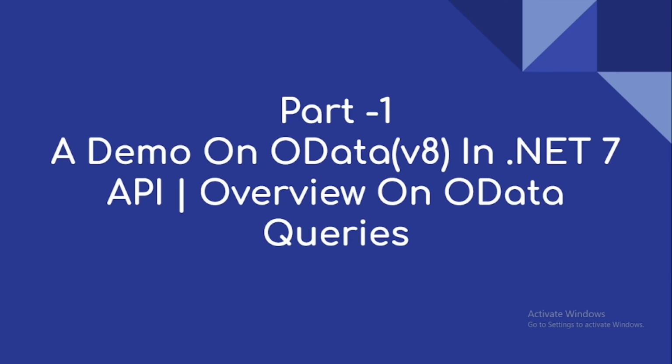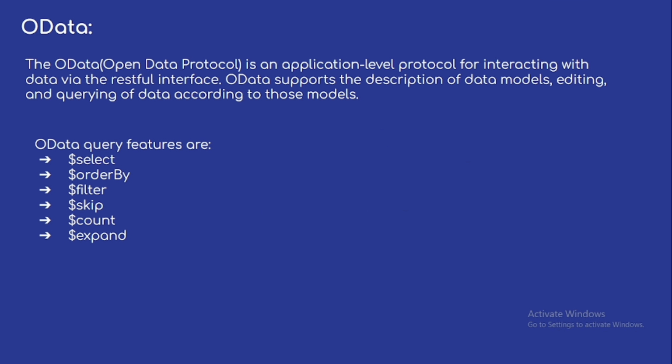So today's video is on integrating OData version 8 into a .NET 7 application. So what is OData? OData is an open data protocol layer. Okay, so it can be applied over RESTful services. Okay, so it can be used for applying queries and